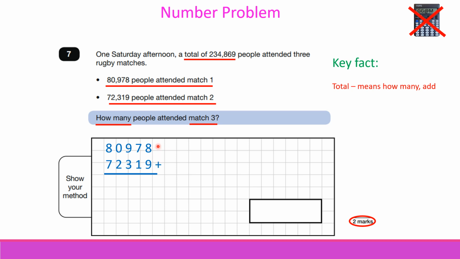So we start on the right hand side of the sum. 8 plus 9, so double 8 is 16, add on 1 gives me 17, so 8 plus 9 is 17. We carry the 1 up here and the 7 goes underneath. I've got 7 plus 1 is 8, add another 1 is 9, gets written underneath. 9 plus 3 is 12, so we carry the 1 and a 2 goes underneath. 2 plus 1 is 3. 8 plus 7 is 15. So this is my number,